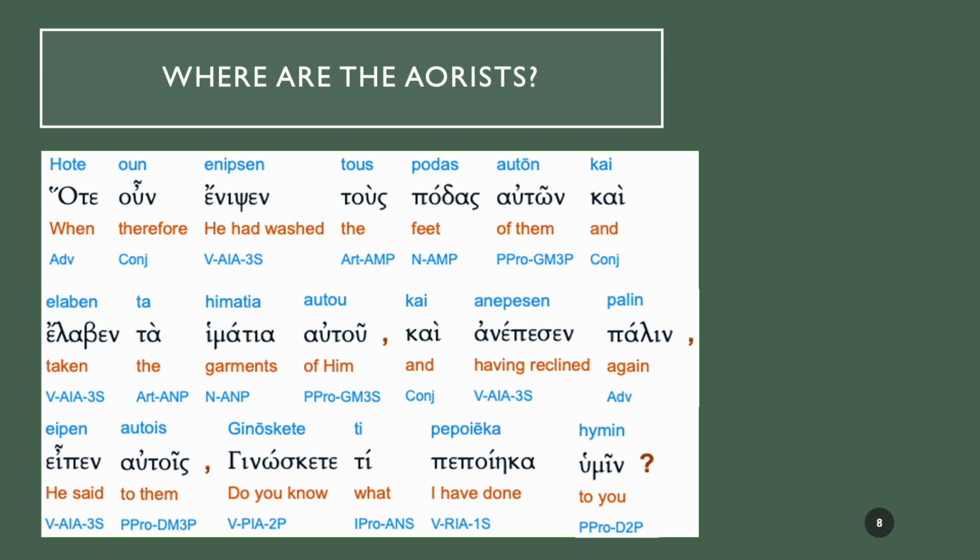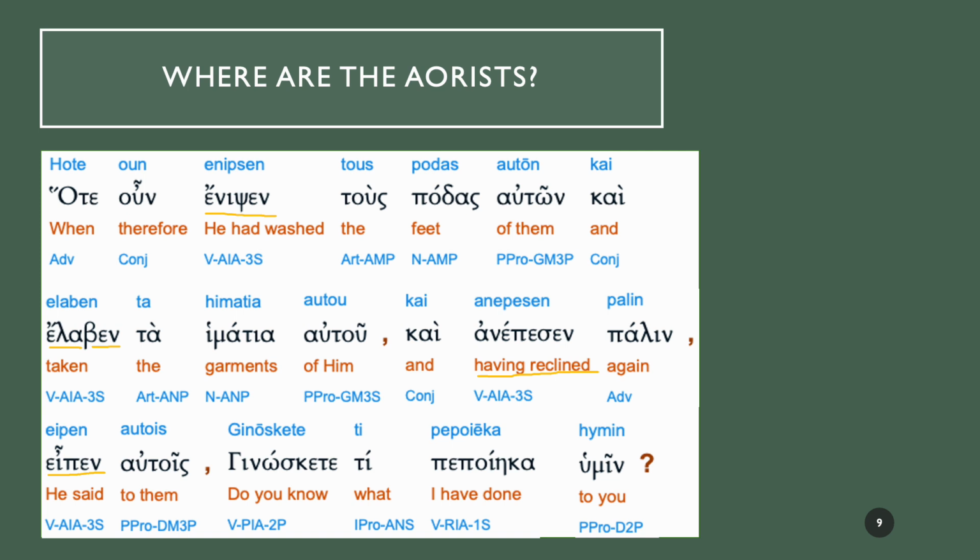Now there's going to be several questions that I ask you, so once again, as always, if you need a bit more time, then do hit the pause button. You can pause quickly on YouTube by tapping the spacebar. The first question is, can you spot the aorists? This text has been taken from the Interlinear Bible on Bible Hub, and underneath the verb you will get V for verb, and then the abbreviations, the letters, that will tell you the tense, mood and voice of that verb. Can you spot the aorists? Pause the video if you need more time.